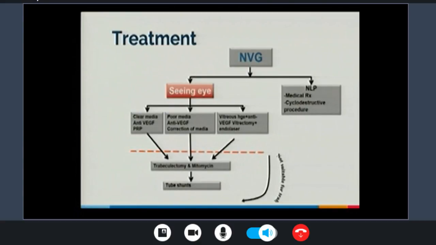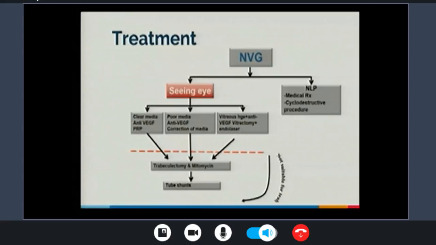If he has a cataract, I will give anti-VEGF and wait, for example, as I said, 3 or 4 days, a week or so. And then we'll see, does he need a glaucoma surgery with cataract, or the other eye is good and the cataract is not dense and he can wait for 6 months, no problem with that. It's not a cataract that may push him to intumescent cataract and another type of glaucoma. So my practice or my preference is to go for glaucoma surgery alone after anti-VEGF,